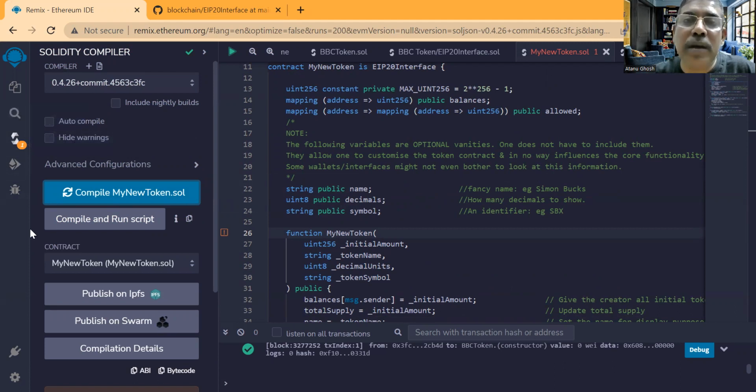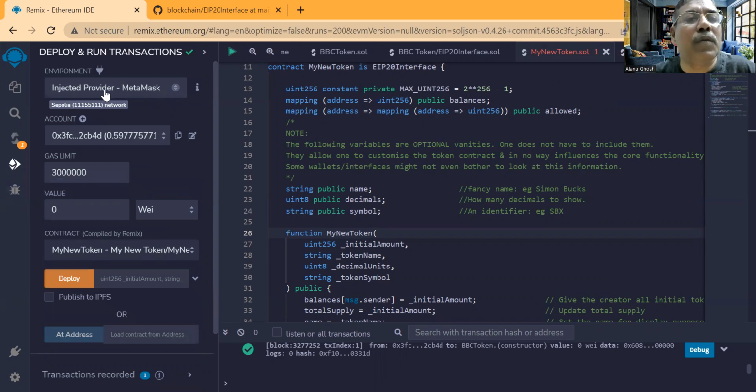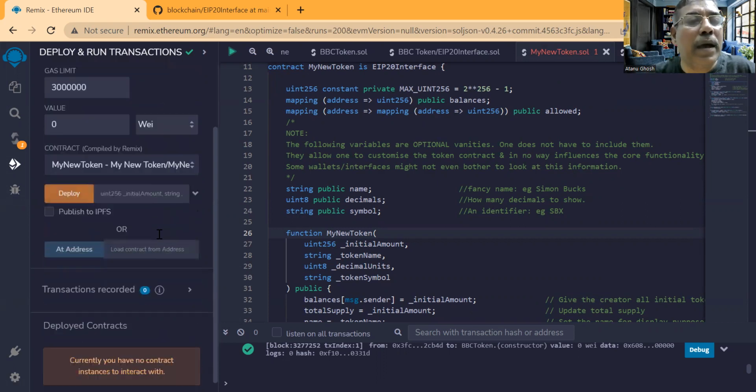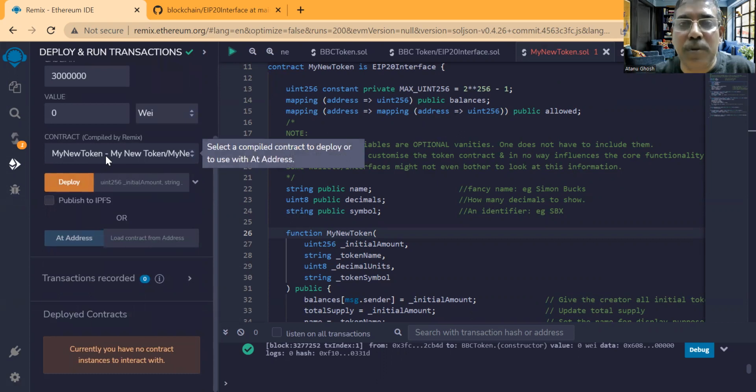We are now going to deploy this contract into the Sepolia testnet. For that, we have to go over here and we will deploy using MetaMask into the Sepolia network. So you must select this injected provider MetaMask, not others. Okay. And this is the contract that we want to deploy because this is the contract that will generate the tokens. So do not deploy the other contract, the EIP20 interface, deploy this contract. And for deploying,